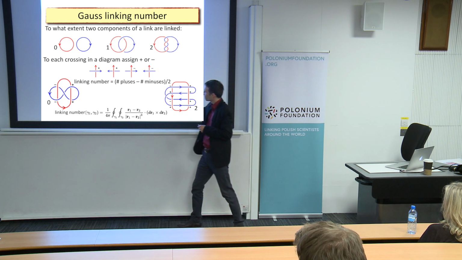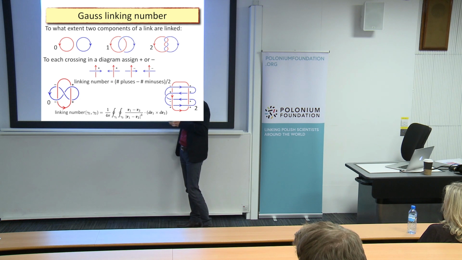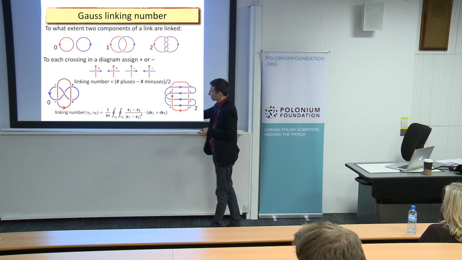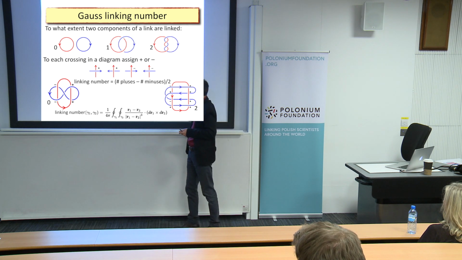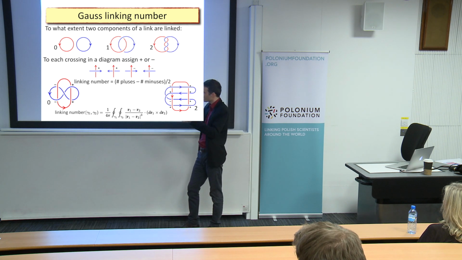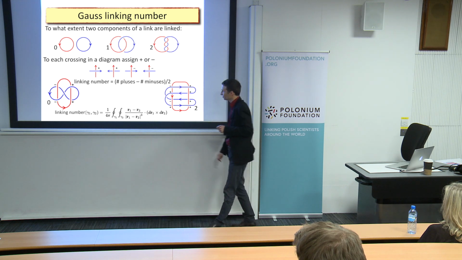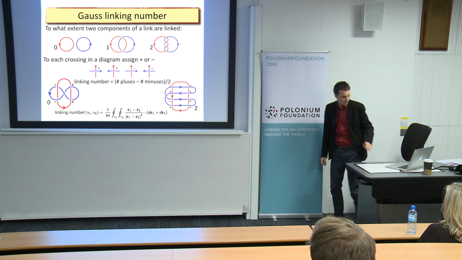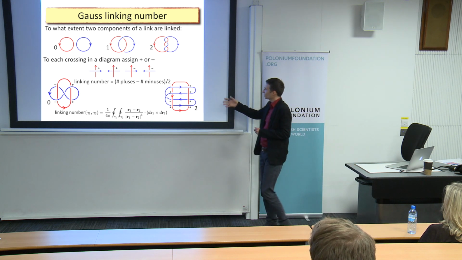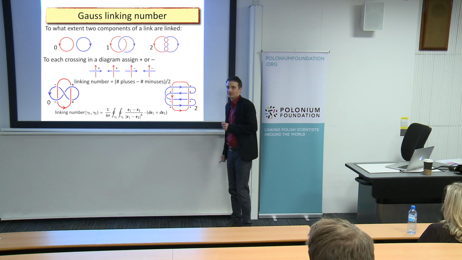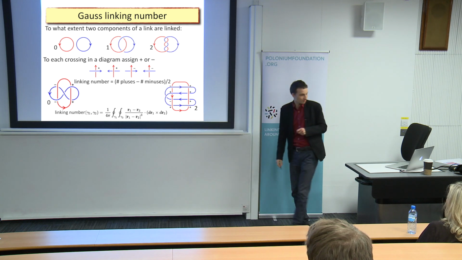In particular, to compute this integral, you need to know the shape of a link, because you have to integrate over a particular strand. But at the end, the result does not depend on this shape. It just depends on that linking. And again, this is an example of an invariant which gives just a number. So this is kind of simple, we know what numbers are.